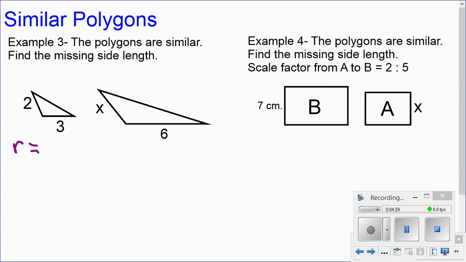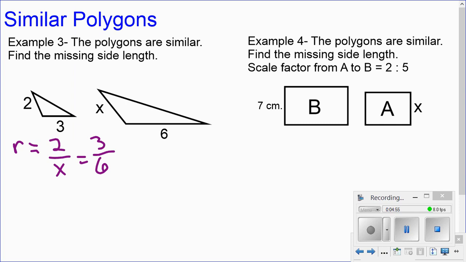So I'm going to start with this triangle here on the left. I'm going to start with 2. I'm looking at the corresponding side, which is x. And I'm going to set that equal to, back to the small triangle, 3 over the corresponding side is 6. So now that I have a proportion set up, I'm going to go ahead and